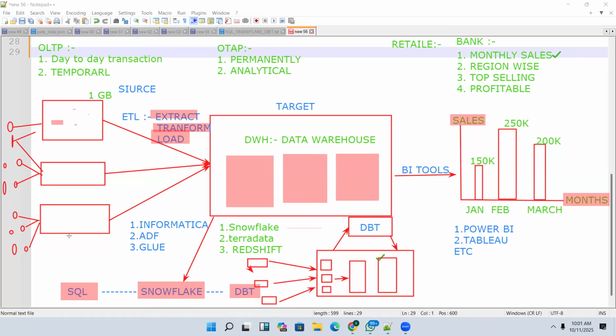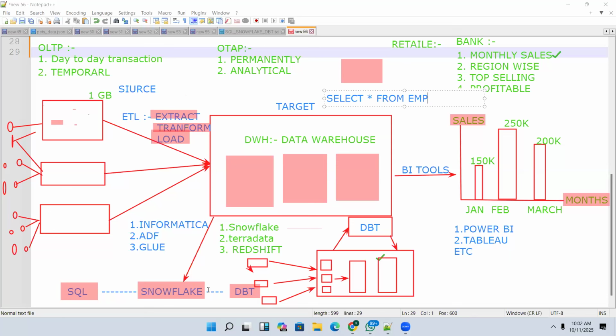For example, there is one table. To fetch the data from this table, think that I write a command: select star from, assume this is an EMP table. If you have the data in Snowflake, it is the same code. To perform whatever operations we want to do in DBT, it is SQL only. If you are good at SQL, then it will be very simple.